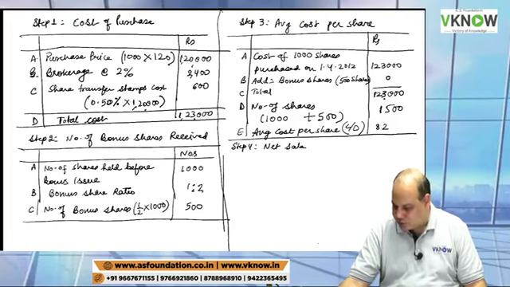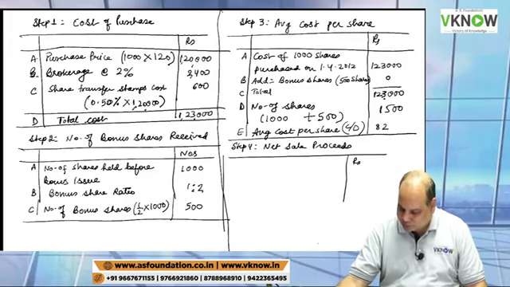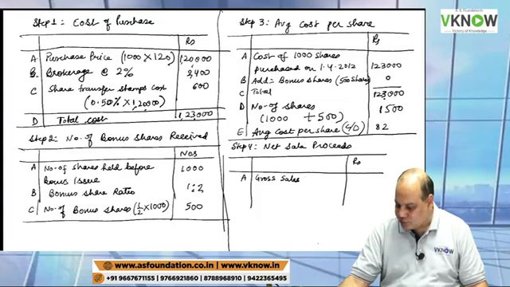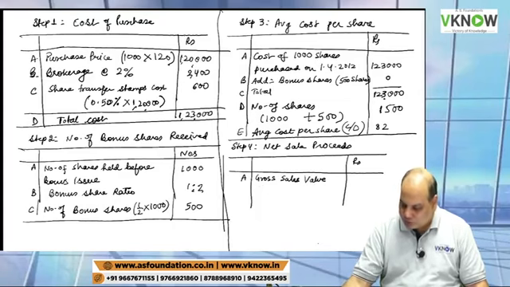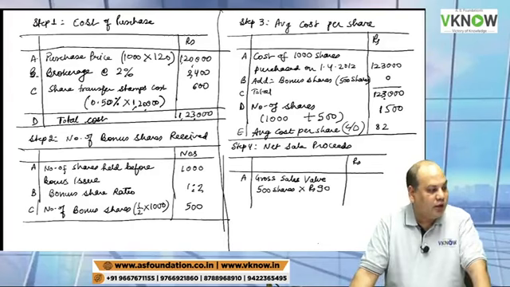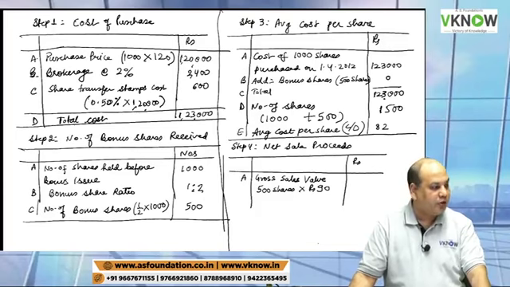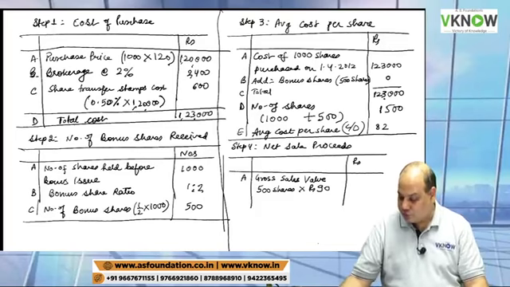Step number 4, net sale proceeds. Point number A, write down. First, you write down gross sales value. 500 shares sold at rupees 90. Why 90? Because we'll take the market price after bonus issue. Shares were sold after the bonus issue. So this comes to